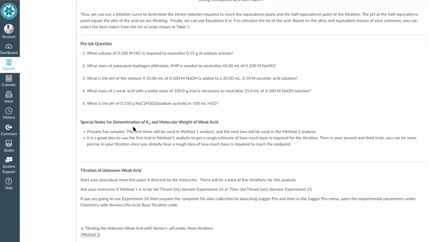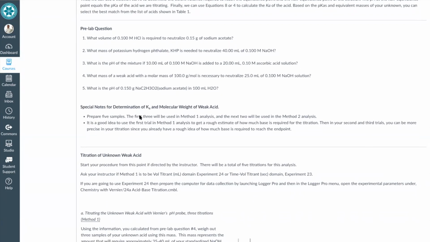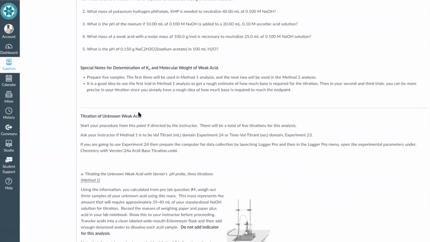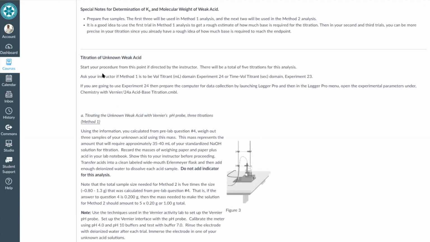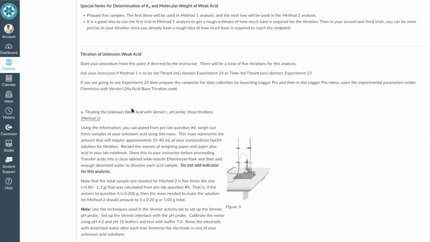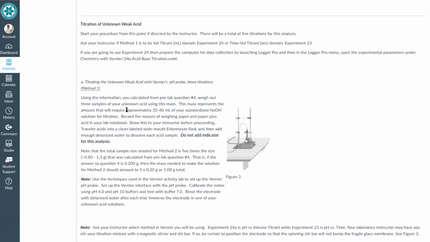It's generally somewhere in the body of the experiment. Sometimes it's after the background information, sometimes it's after the procedure section, but there's generally a pre-lab. Then it describes the two methods that you will be using in this experiment. The first method is just a straight titration. What you do is you have a pH probe and you generate a titration curve while you are titrating